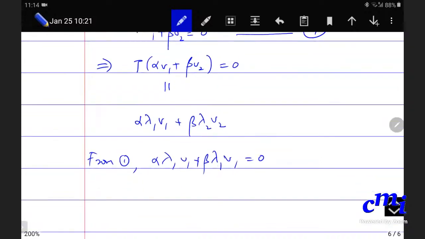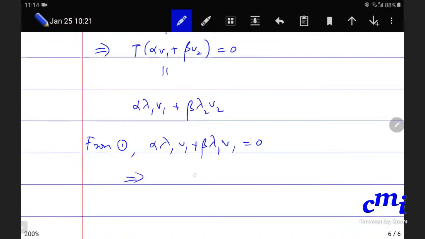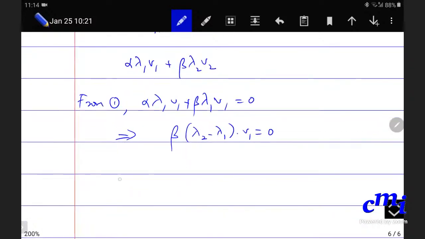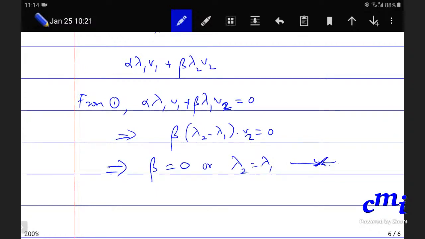Together we get that beta times (lambda 2 minus lambda 1) times V2 is 0. V2 is non-zero, since it's an eigenvector. So beta is 0 or lambda 2 equals lambda 1, which is a contradiction, because if beta is 0, then this would not have been a